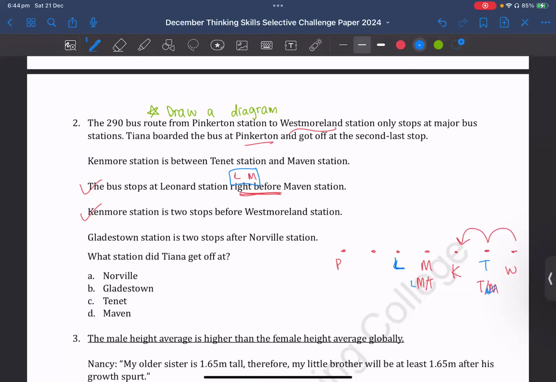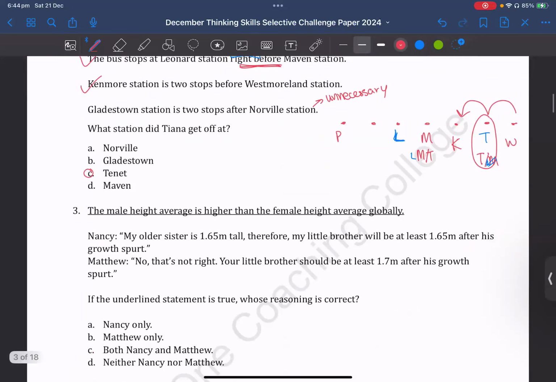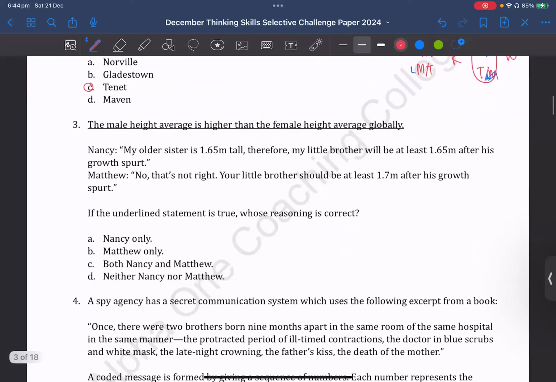And then let's move on to the last line. Gladestown Station is 2 stops after Norville. This actually is unnecessary and doesn't actually impact the question. So let's go back to the question. She gets off at the second last stop, and that is Tenet, this one here, which is why the answer is C. Alrighty. So moving on,